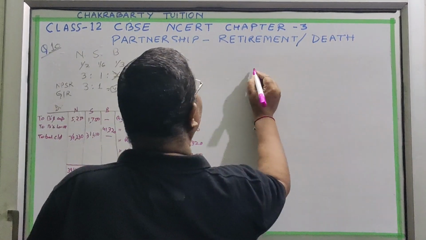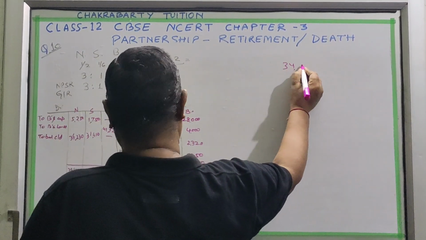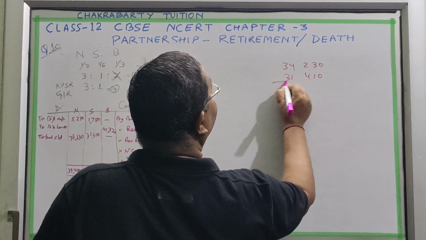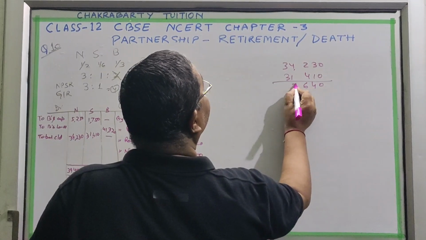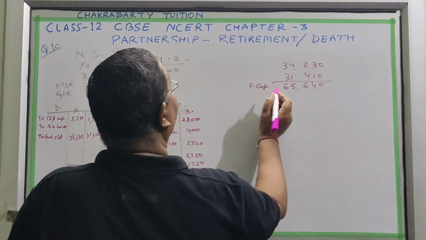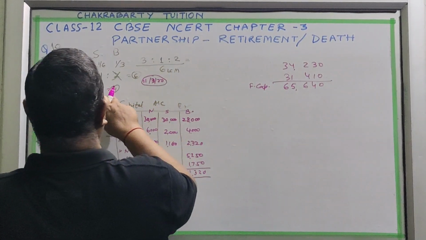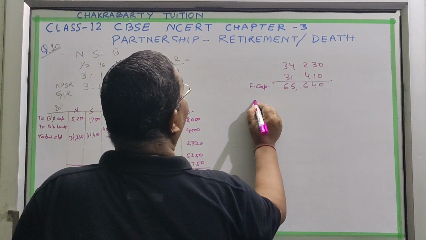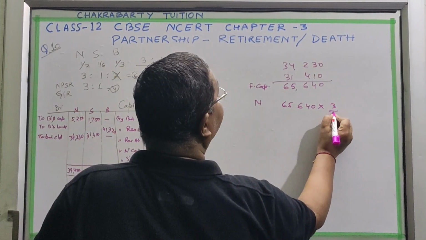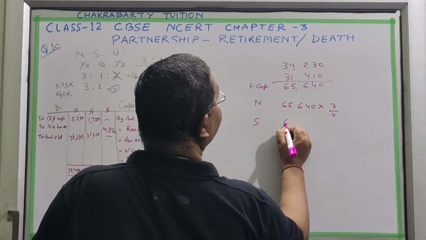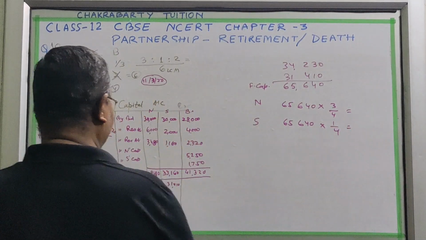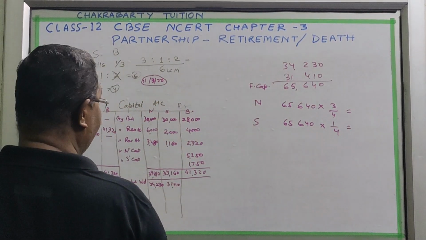Now the total firm's capital is 34,230 and 31,410. Total is 65,640. This is the firm's capital. Now we will distribute it. New profit share ratio means Narang's share will be 65,640 into 3 by 4, and Suri's will be 65,640 into 1 by 4, and whatever the difference is there,